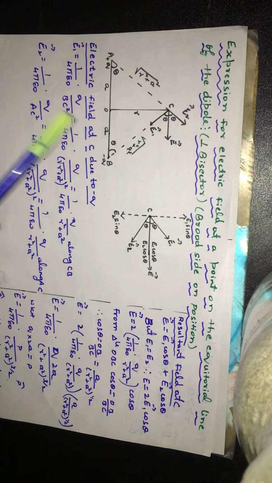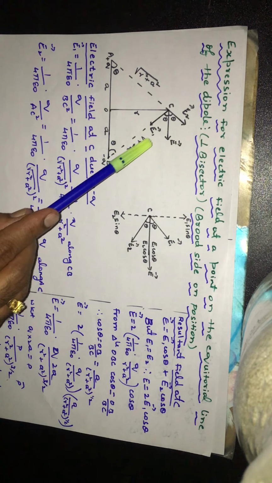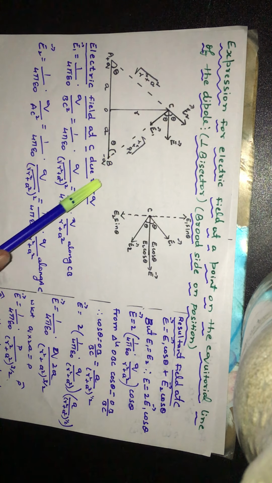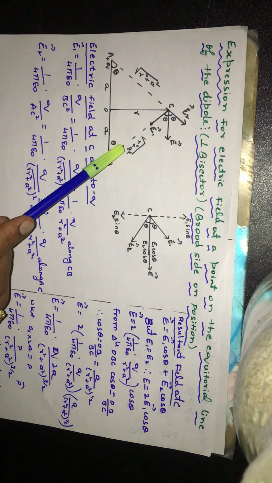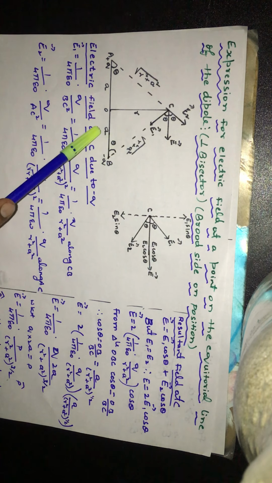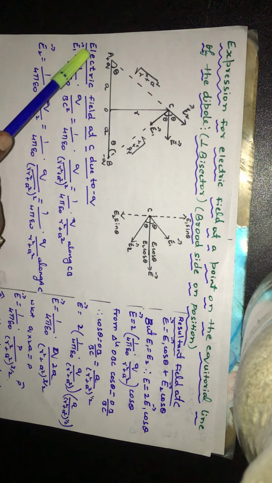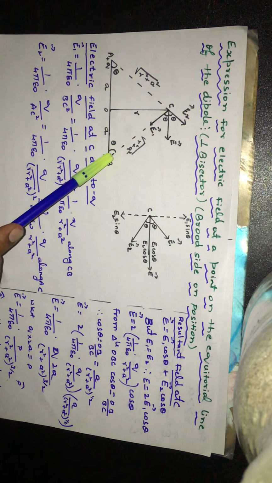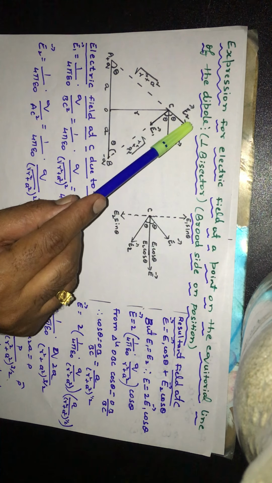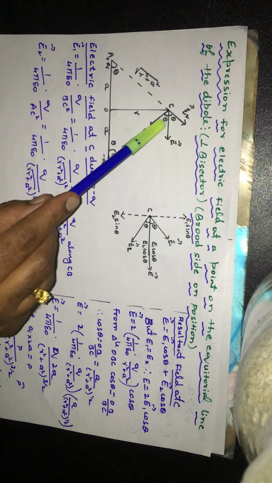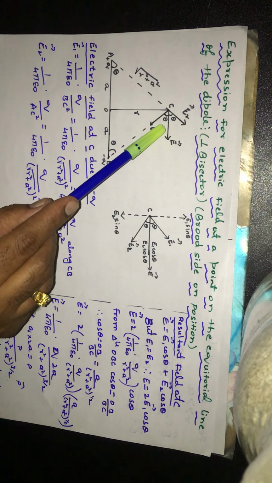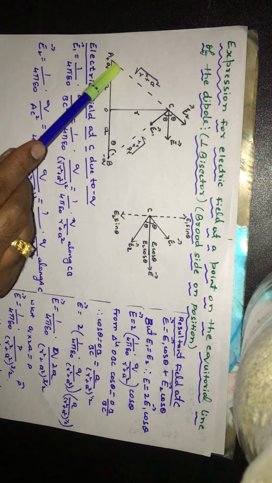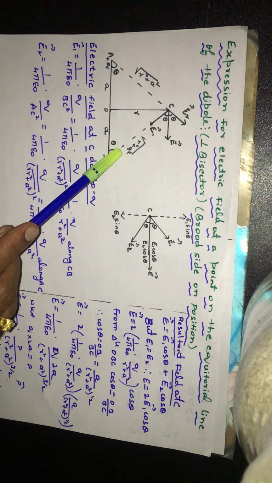Now we have to consider calculating the resultant at C due to E1 and E2. E1 is due to minus q, E2 is due to plus q. So we have called the angle made by these lines joining the axis of the dipole, the lines CB and CA, with the axis of the dipole, as theta. So if this is theta and this is theta, here the angle between E2 and E1 is an exterior angle in a triangle. You know that the exterior angle in a triangle is equal to the sum of the opposite interior angles. So it should be theta and theta, it should be 2 theta.